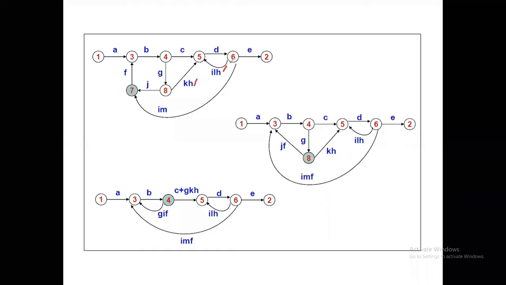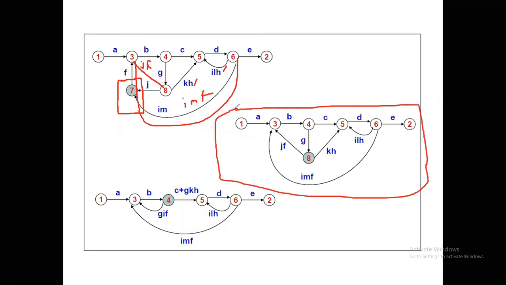Okay, in the next iteration we select node 7. Now we remove the 7. So this is the link J coming from 8 and it sends a link to 3, so we connect like this and it is J, F. And from 6 directly we move to 3 without 7, so it is written as I, M, F. Now the flow graph, after removing node 7, seems like this.